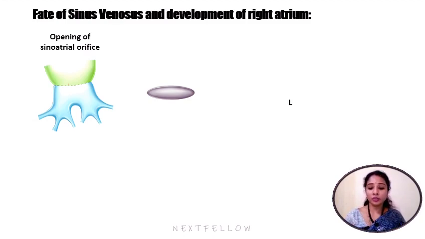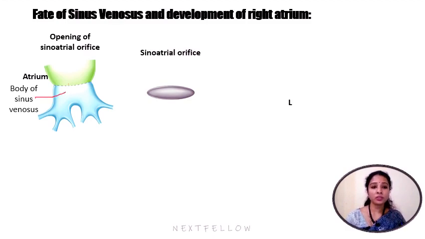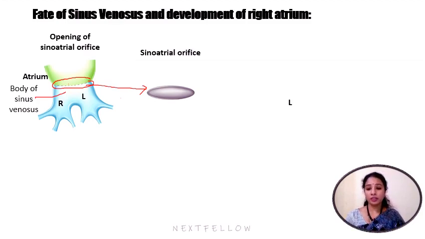We know the sinus venosus has right and left horns. This is the primitive atrium, the green one. This is the body of sinus venosus. This opening is initially transverse, which is the sinoatrial orifice, shown here in this image. This is the right horn of sinus venosus, and the left horn of sinus venosus, receiving common cardinal veins, umbilical veins and vitelline veins. At first, the sinus venosus consists of a small transverse part called the body and two horns, right and left horns.